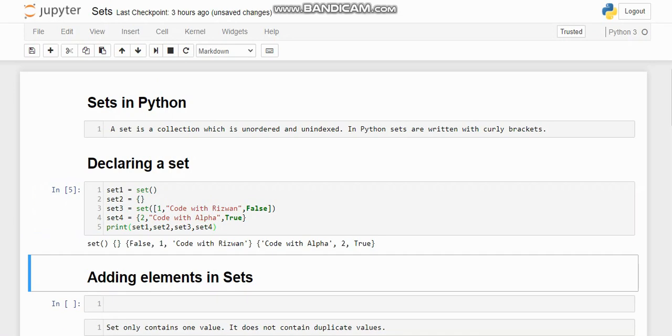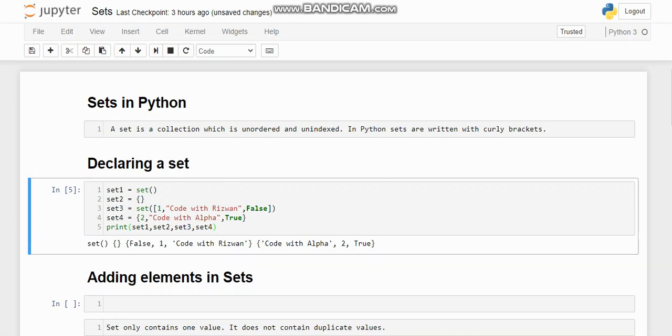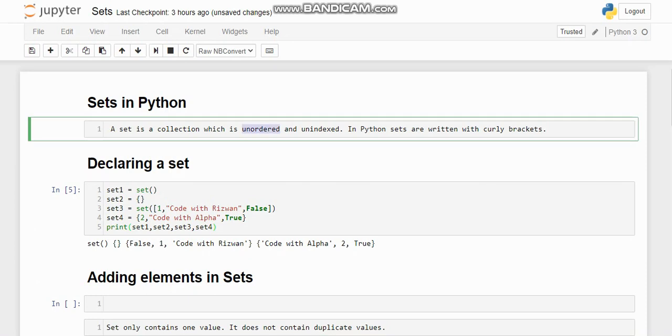As I said, the first set is empty, the second set is also empty, and the third set contains the values which I provided, code with Rizwan, false, and it is in unordered fashion. Why is it so? I told you in the definition that it will be unordered. I gave the order as the integer value first, then the string value, and then the boolean value.